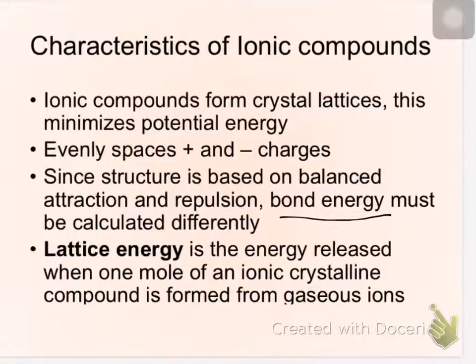But we have to calculate the energy that's contained in that substance differently. It still has embodied energy. It still has this potential chemical energy. So we talk about it as lattice energy. For the confines of a Chem 1 class at the high school level, I don't expect you to know much more about lattice energy than that it's sort of the corollary of bond energy, but in ionic compounds. The book definition is the energy released when 1 mole of an ionic crystalline compound is formed from gaseous